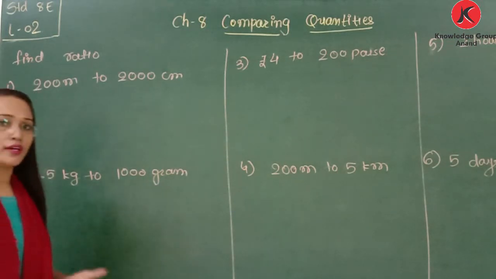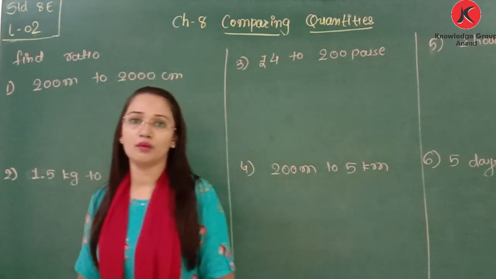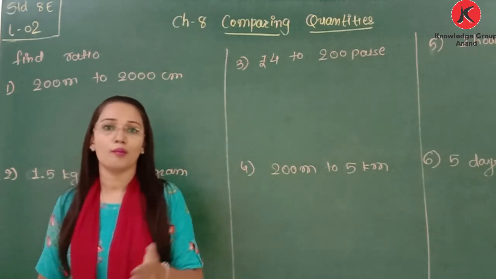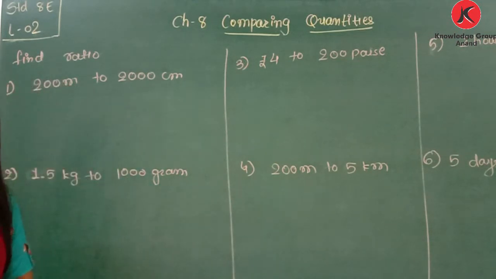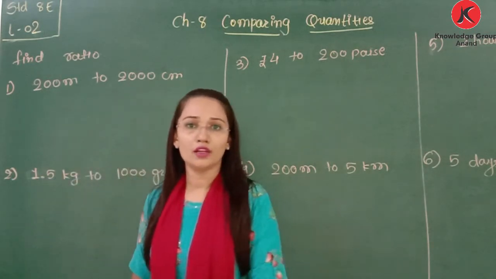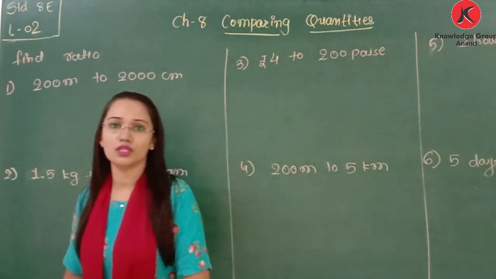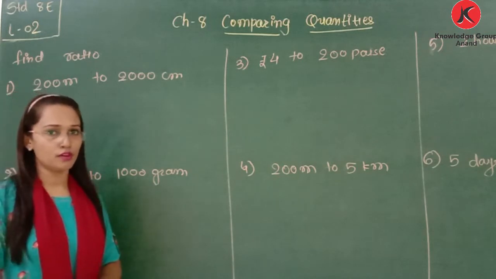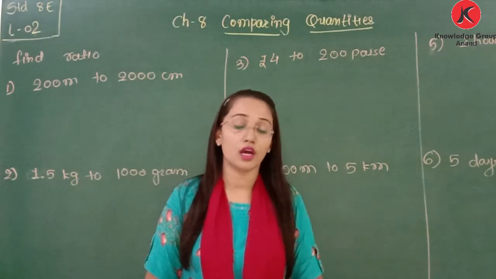We already learned some examples to find the ratio of numbers. Also we learned the method of comparing two ratios, that is the same as comparing two fractions by making the denominator the same. These are the concepts of 7th standard. Also we learned the method in which we find the equivalent ratio of a given ratio by multiplying numerator and denominator with the same number.